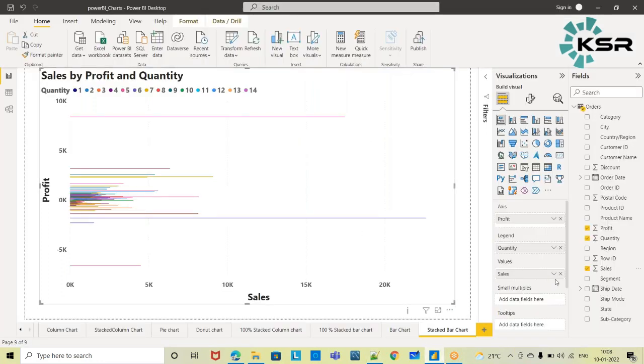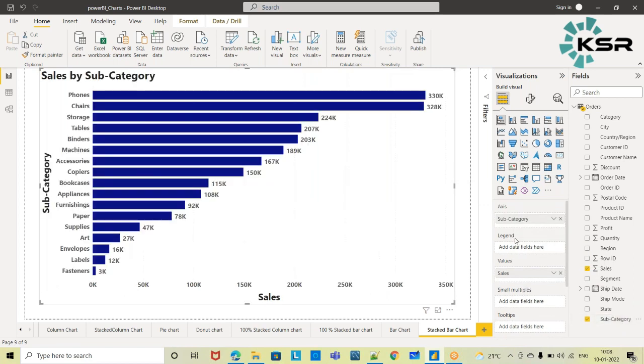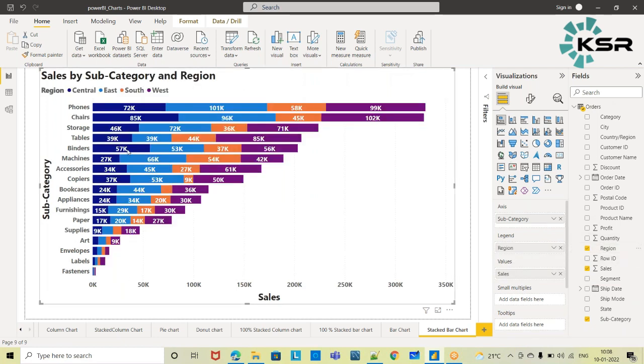So always the best choice is to go with categorical, that is subcategory into axis, and legend also should always have a categorical value. So I am taking region. So these both are readable now.